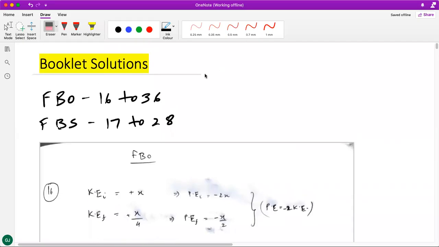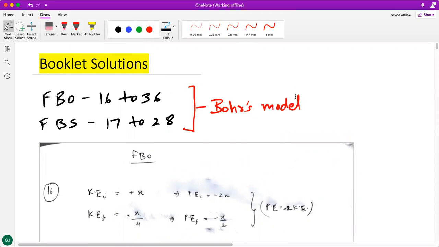This is the second video in the series of booklet solutions for the atomic structure chapter. The questions covered in this chapter are stated in front of you. The topic which is covered is Bohr's model. Based on the discussion that we would have done in the class,